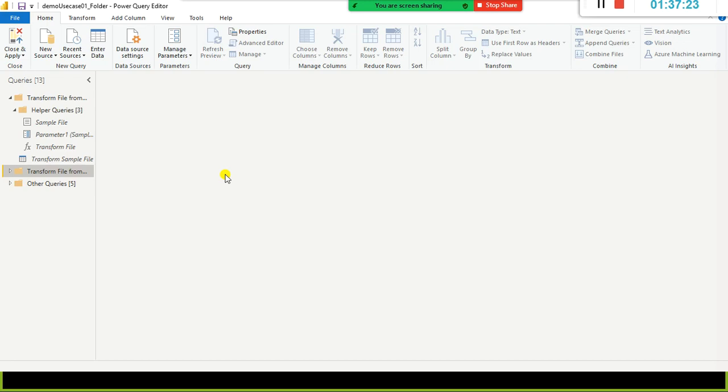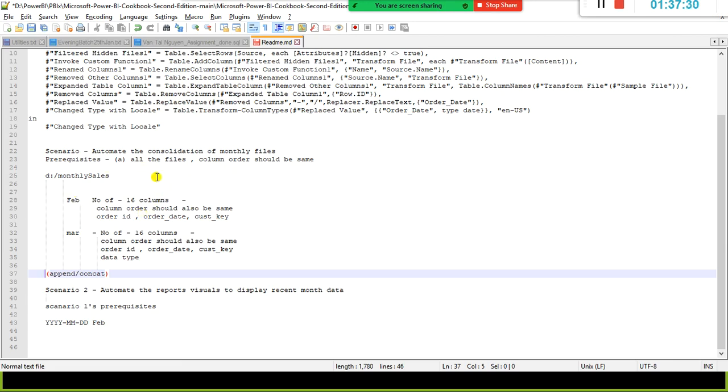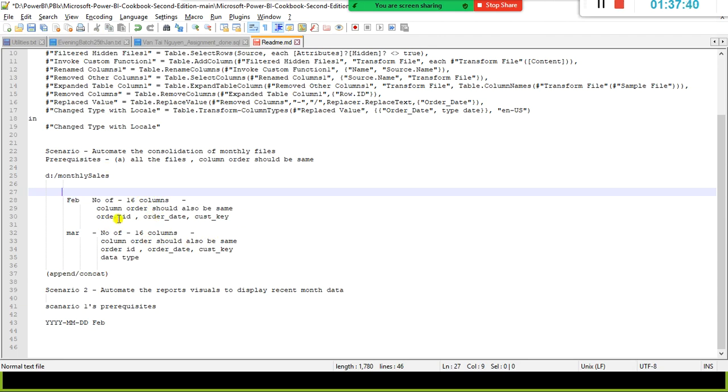So it automatically picks up, but you need to meet those prerequisites. The files stored in a folder should meet these requirements: the number of columns should be the same in all the files, and the column order should also be the same. Supposing next month the column order changed, or they included a new column, that is another scenario.